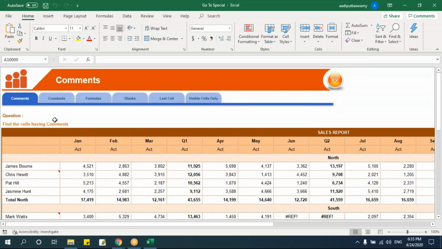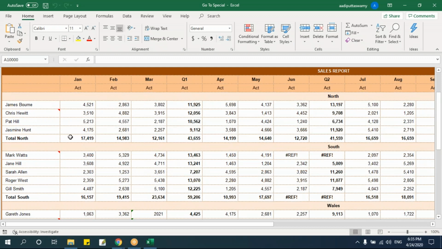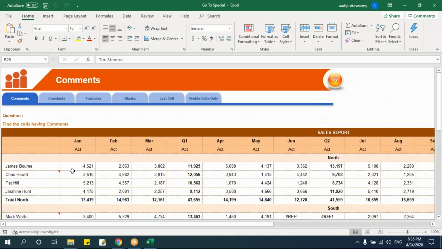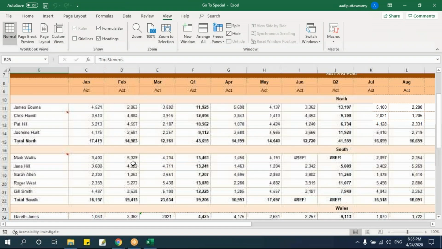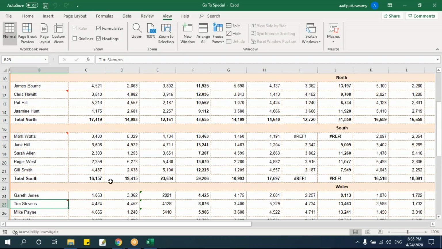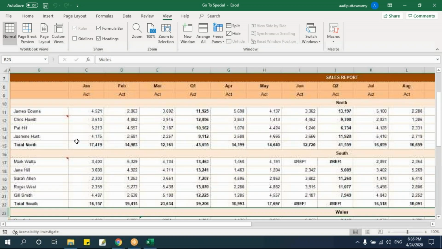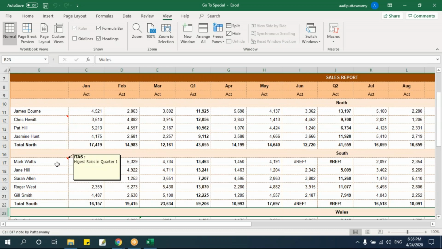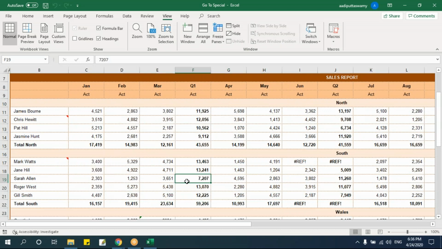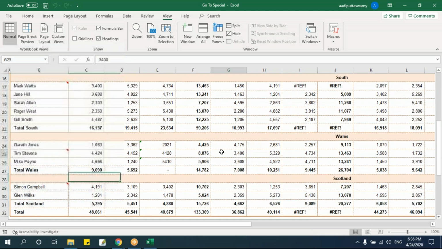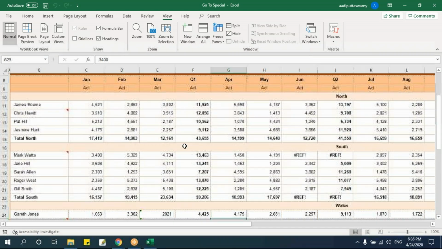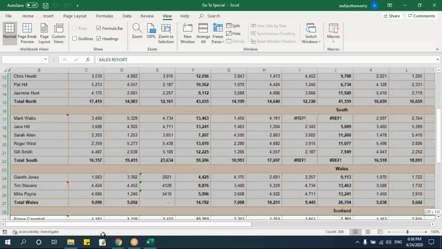Let's observe. Here I have something called comments, and I have given so many different cells with comments here. I want to select all the cells which are having comments like this. Now we call them notes actually in the newer version. These comments what you see here, I want to highlight all these comments. One way is I can check this manually, hold Control and select, but this will take a lot of time. Instead what I'll do, I will select the entire table.